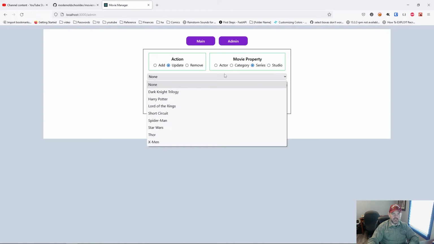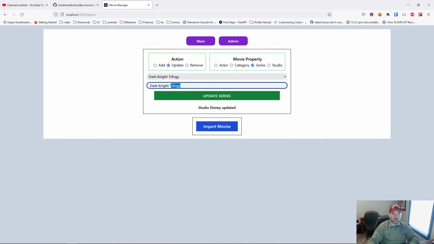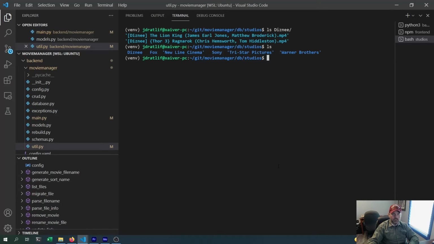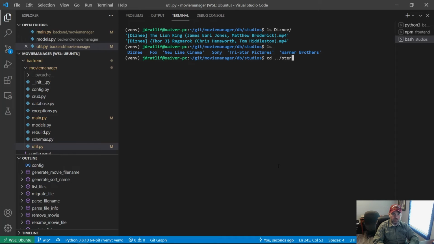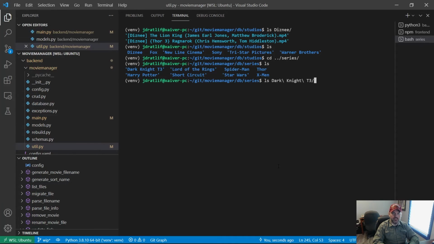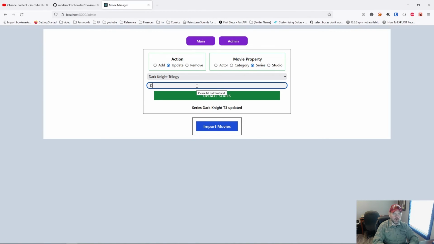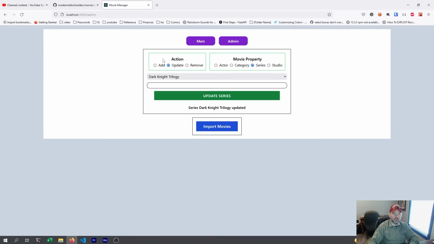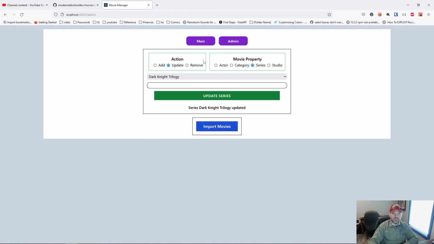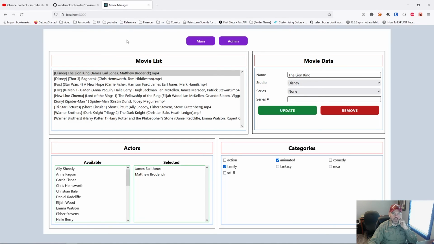All right. And series, we'll rename Dark Knight Trilogy to Dark Knight T3. I don't know, whatever. And let's go back into series. And you can see we have a Dark Knight T3. We do not have a Dark Knight Trilogy anymore. All right, cool. I think all of that looks pretty good. So let's go fix that, put that back like it was. And yeah, I think that's looking pretty good. We can now update our properties and our movie files will update. So everything should stay in sync now for any updates based on our admin form,